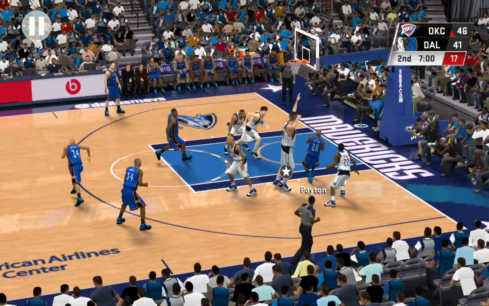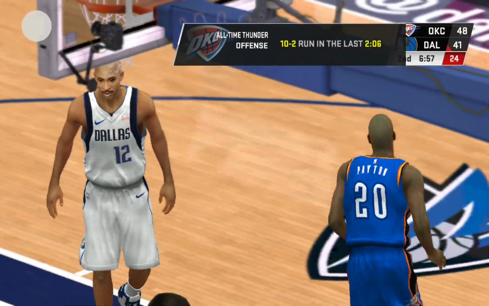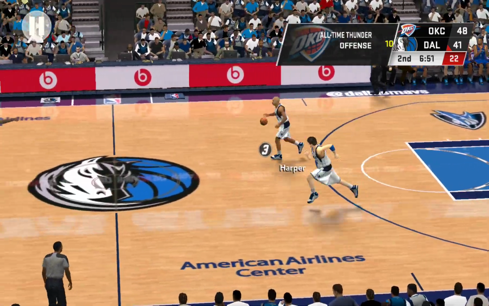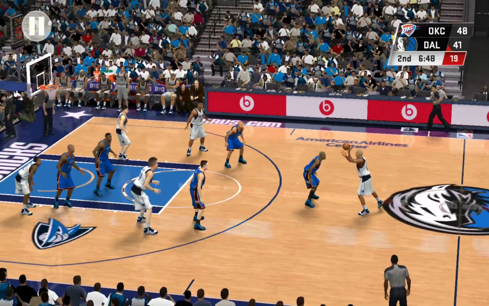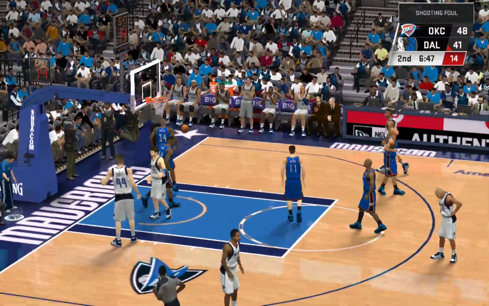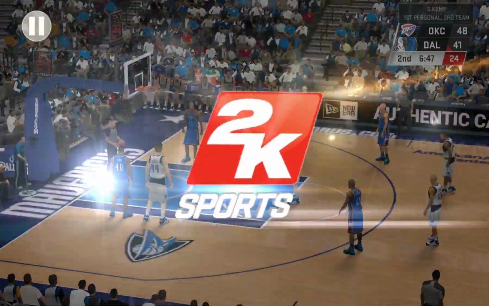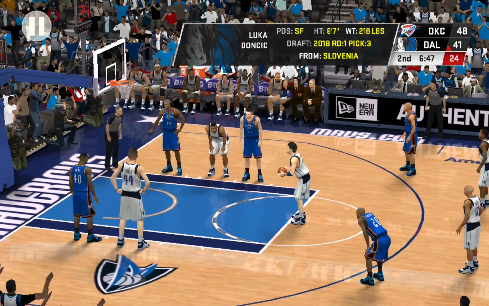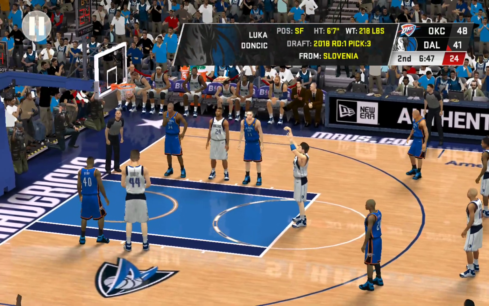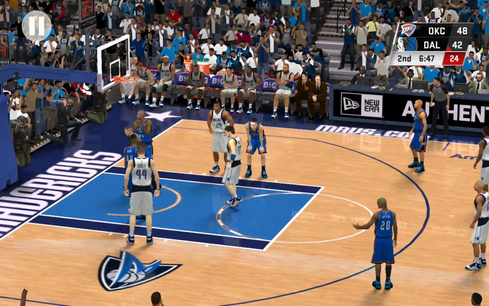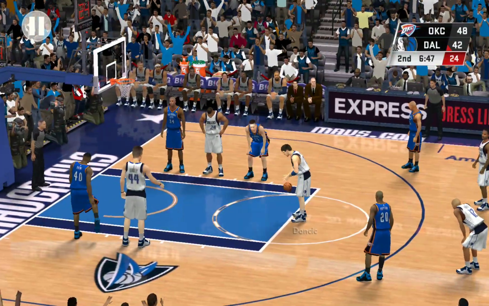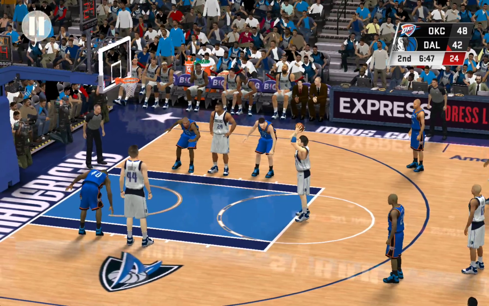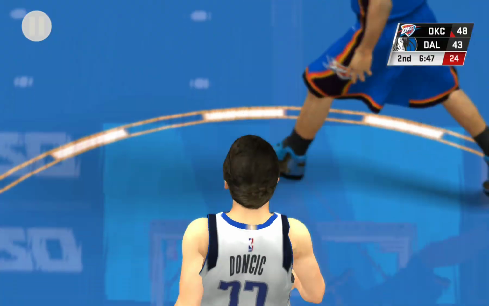Pass to Payton. Payton, right side. Uses the glass to finish the layup. He's got 5. Here comes Harper. He's got 12. Guys are looking for a way to score here. Yeah, they've had a tough time getting the lid off the basket so far. First one falls for him. Both good from the line that time.